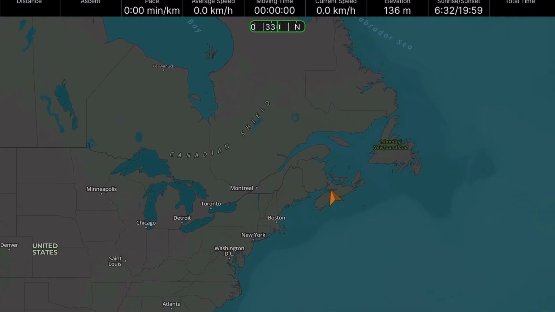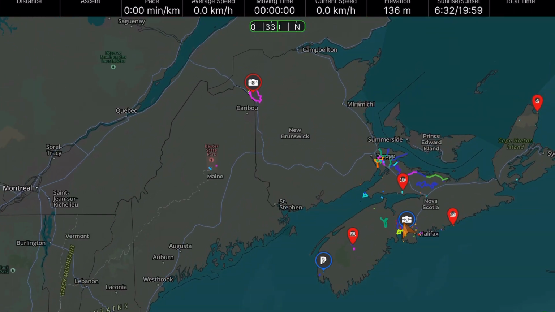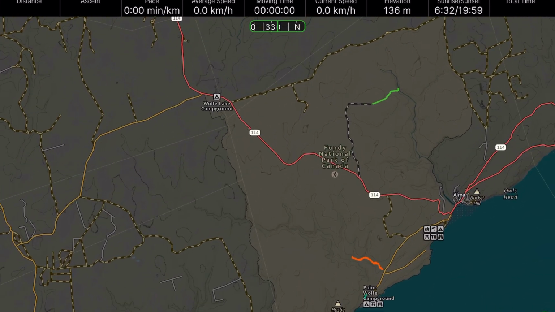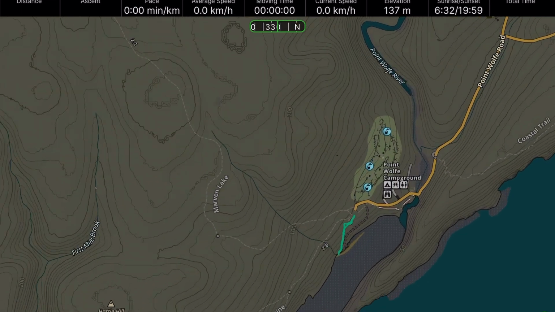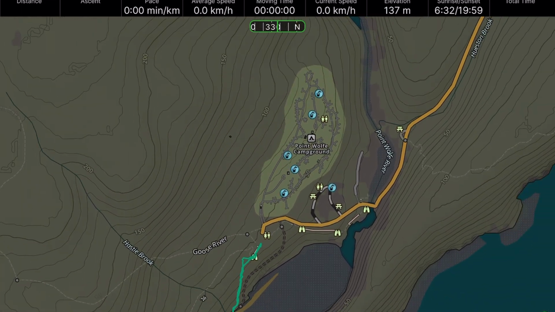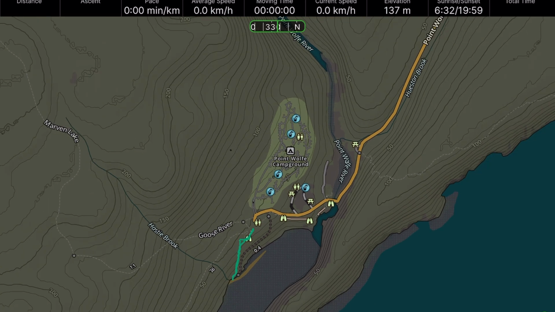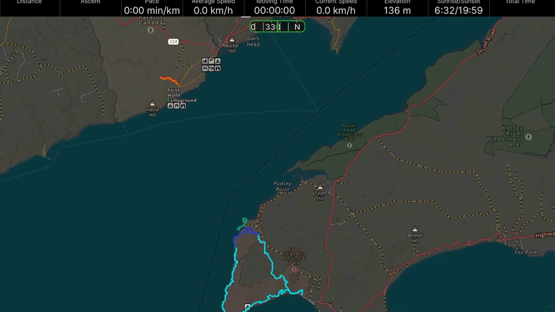So overall, I think this is going to be a pretty good map for US users, but what about users outside the US, such as in Canada where I'm at? Well, there's a couple things that you'll still be able to take advantage of. Again, I think you'll be taking advantage of the new styling, which is maybe a little bit easier to read. In my case here, we're at a federal park from Parks Canada. We can see the existing dirt roads. We can see the existing campground information that's there. I think that was there even if it was just the Gaia Topo, but a little bit easier to see.